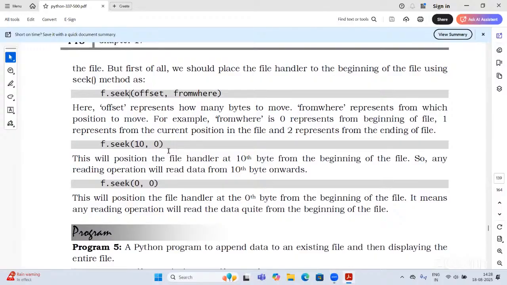We have examples: f.seek(10, 0) and f.seek(0, 0). In C language it is the fseek function; in Python, it is only the seek function.